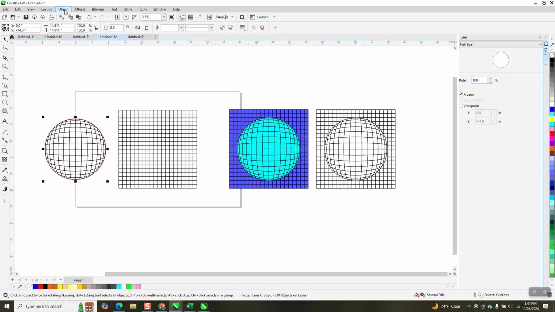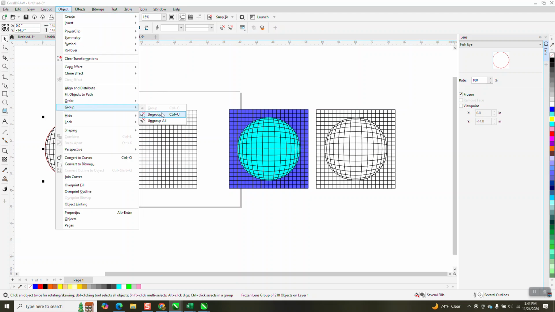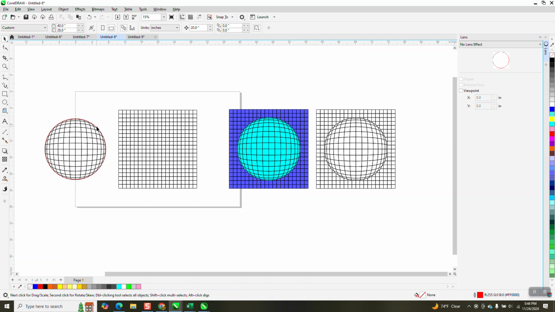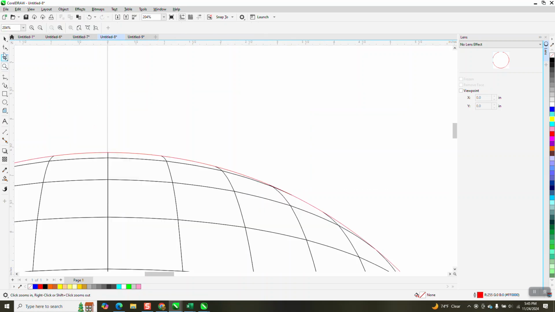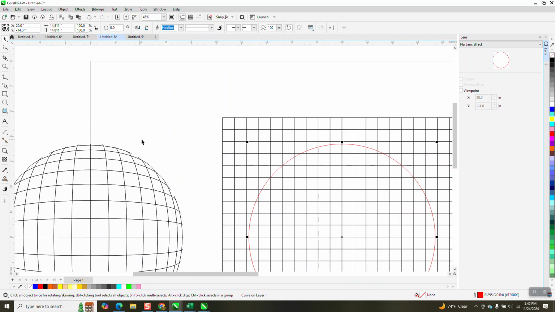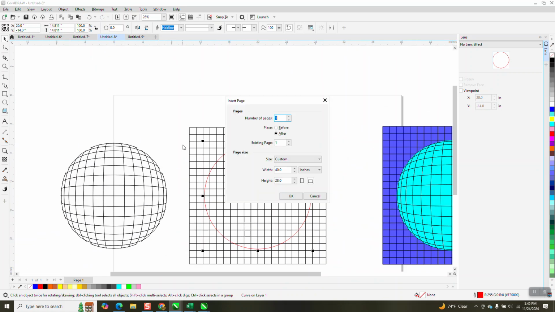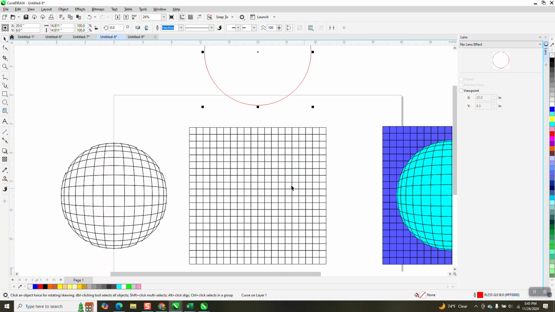Now what you need to do is go to object, group, and ungroup it and try to grab the white. See, it ungrouped all the little bitty lines. So we need to hit the red. And I'm not going to delete it, I'm going to move it over. That way you know you have it. Then we'll move it up. But if you can see,